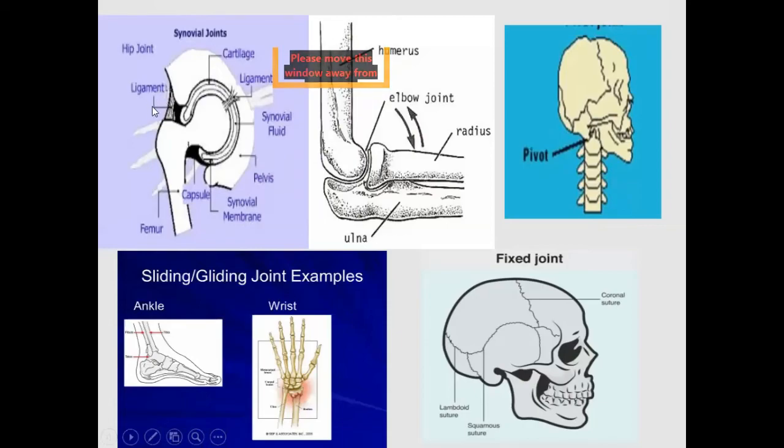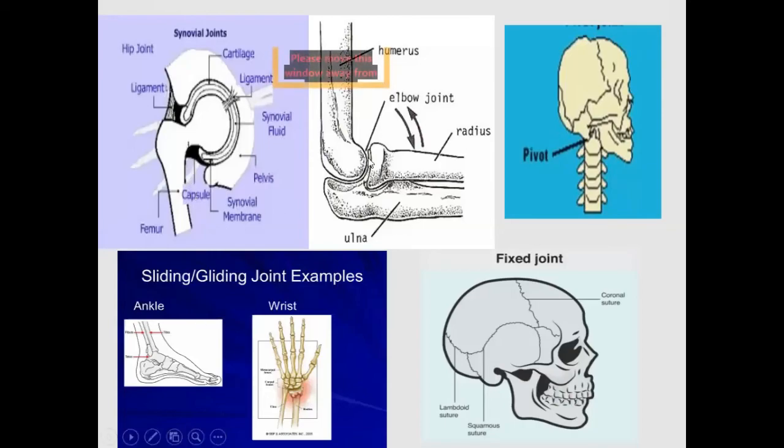Now next we have the ligament. What is a ligament? The bones are attached to each other by tough fibers called ligaments. So a ligament is a tough fiber. Then this is a cartilage, and cartilage is soft bone that covers the end of the bones. Synovial fluid is present in the space between two bones. And we are talking about the capsule. A joint is enclosed in a tough membrane called the capsule.